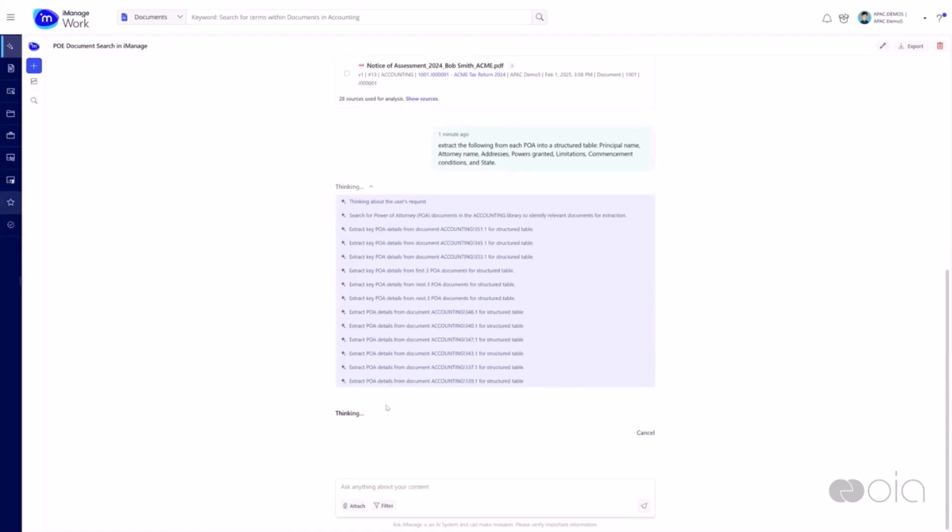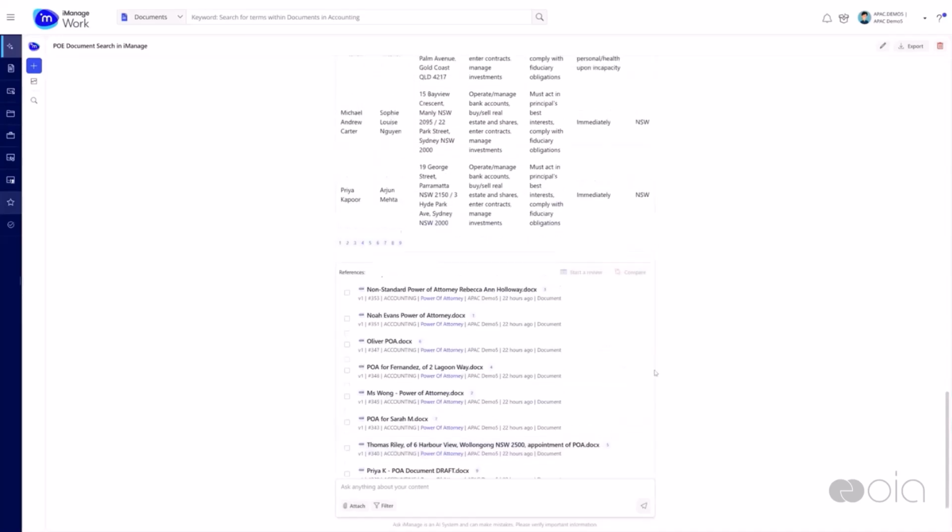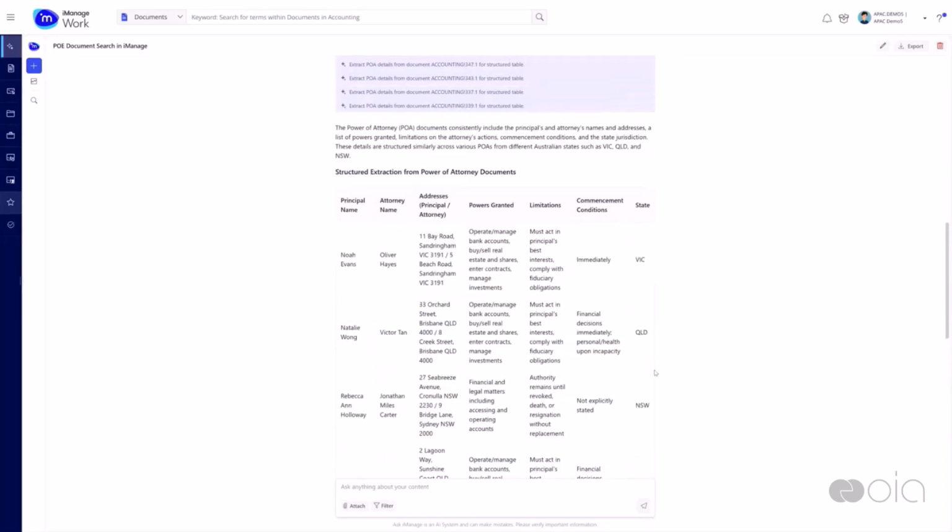Just give that a couple of seconds. Again, I mentioned before, sometimes when these AI tools, and it doesn't matter whether it's Copilot, ChatGPT, Claude, or Ask iManage, they all sometimes feel like they're taking a bit of time to get the results that we want. But I think we'll all agree that that's a much quicker way of